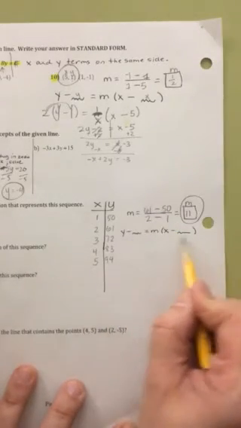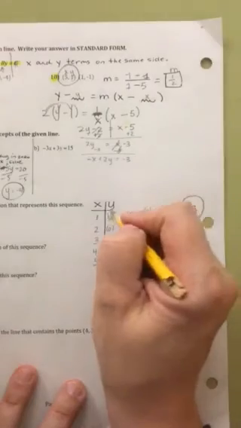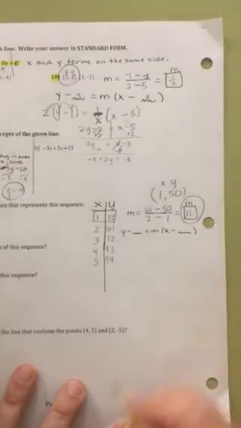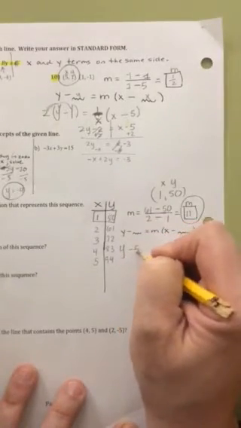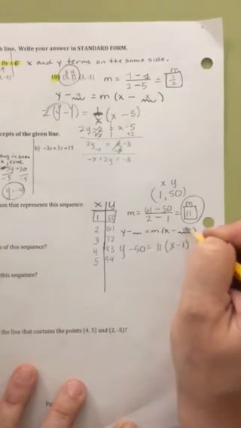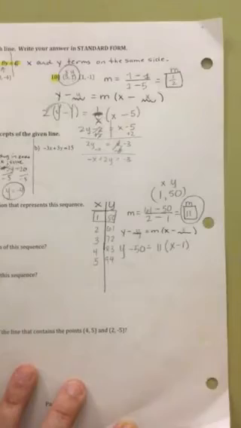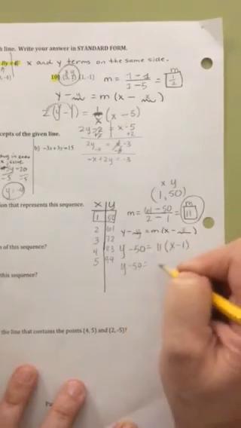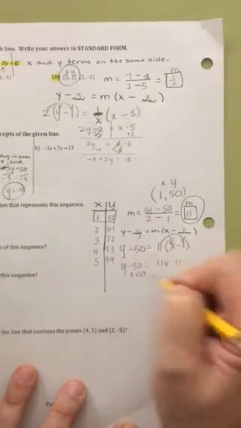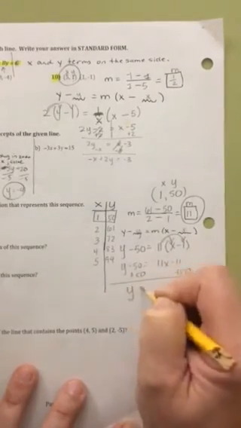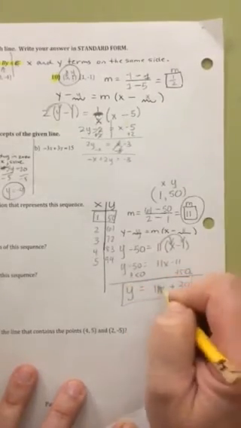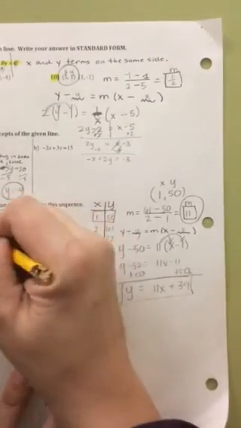I then am going to substitute into point slope. 1, 50, x and y. Y minus 50 is equal to 11 times x minus 1. Remember, this is x, this is y. They come from here. Y minus 50 is equal to 11x minus 11. Got that through multiplying. Add 50. Y is equal to 11x plus 39. This is the function